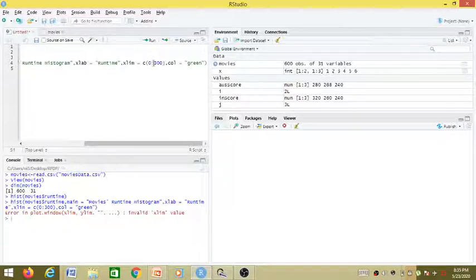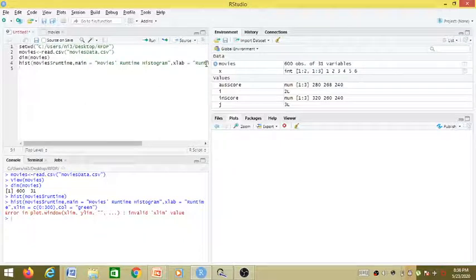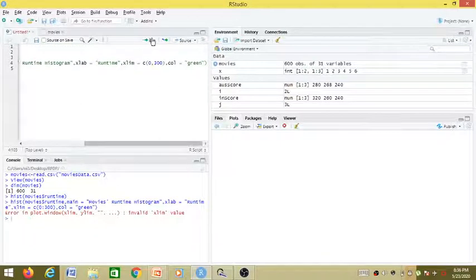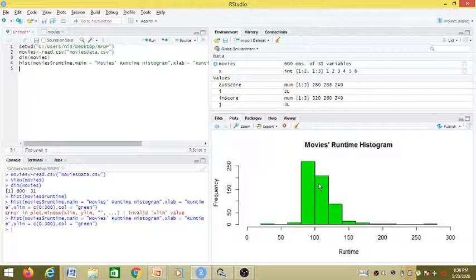Oh yes, the error lies here, and if we run again, yeah, we can get our modified histogram.